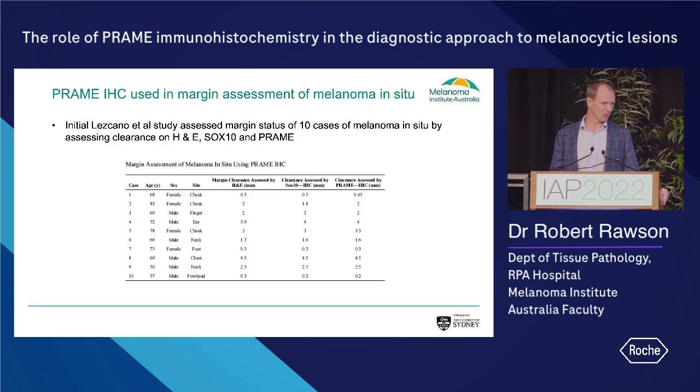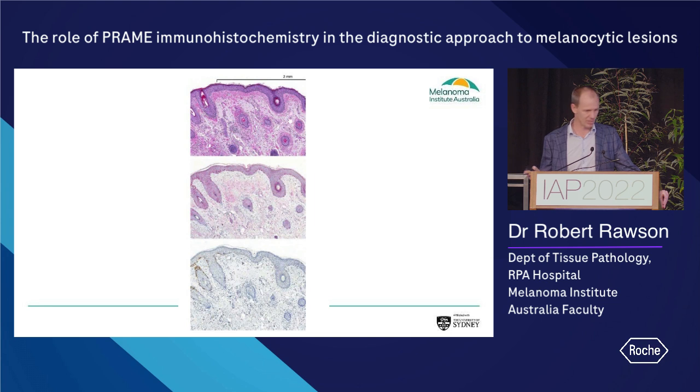Now, this comes to probably one of the more controversial areas which I've been asked about previously, and that's using PRAME in assessment of margins of melanoma in situ. And Klaus was onto it in his first paper, and he looked at it in 10 cases, but he didn't actually specify which type of melanoma in situ he was looking at, as far as I could tell. And so he assessed 10 cases in terms of H&E, SOX10, and also PRAME staining. And there was vast concordance across all three methods of where the margin would be in that space. However, it's in lentigo maligna, I think, which is where people are looking for extra help in trying to figure out where these lesions start and stop, compared to the sun-exposed skin of the surrounding epidermis. And I think anyone that reports melanomas, we struggle with this every day. Oh, sorry, that previous one was just an example of Klaus's paper where you could pretty much draw a line down about a third of the way in from the left about where the margins started and stopped